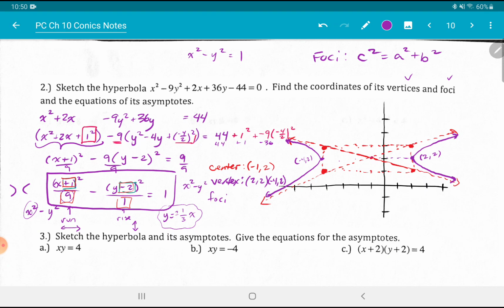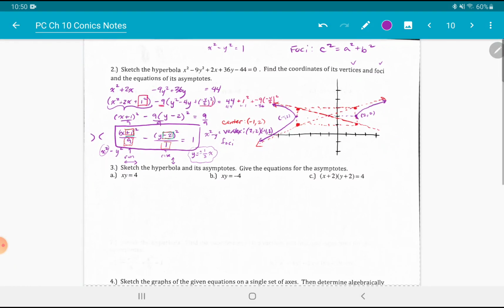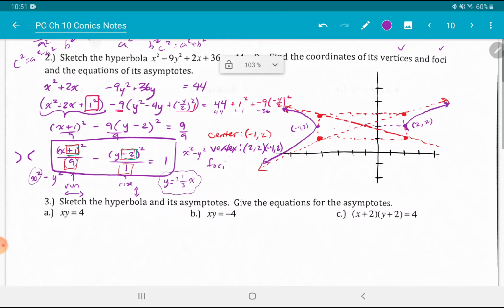An ellipse equation has x squared plus y squared, right, like this, equals 1, but a hyperbola equation just has a minus sign, something like that. And so also the foci have been switched too. If the foci is c squared equals a squared minus b squared, this is c squared equals a squared plus b squared, so it's just switched. Okay, so